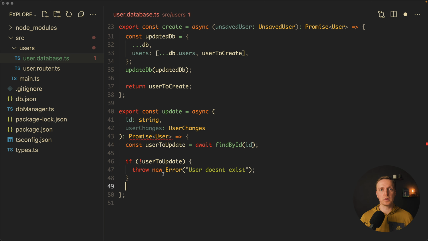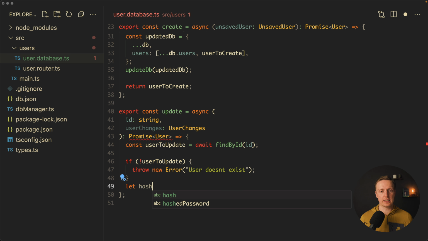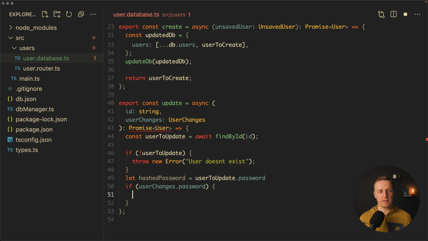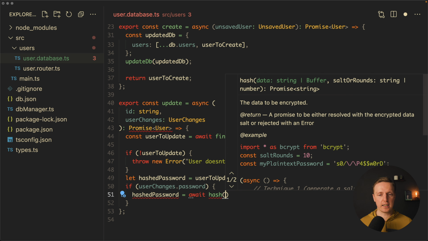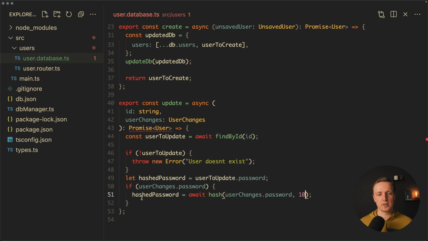After this, we have a case where we might update a password, but we might also not. This is why we must check that. What I want to do here, I want to create a let variable hashed password. And here I just want to store user to update.password. So this is our existing password. And now I want to write an if condition. So if user changes has a password inside, then we want to resave our hashed password. So I will override our hashed password and just use here a function hash again, where inside we are providing user changes.password and also a salt, which actually means hashed password is just referencing our password, and if we wanted a new password, then it will be